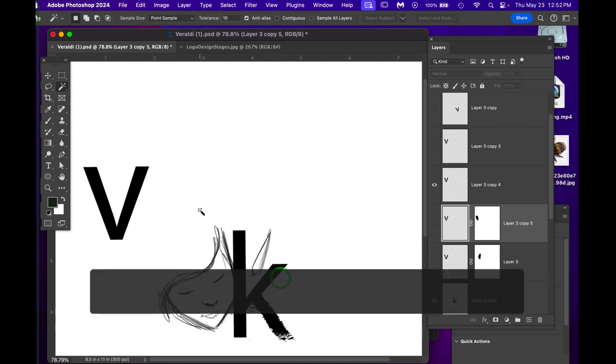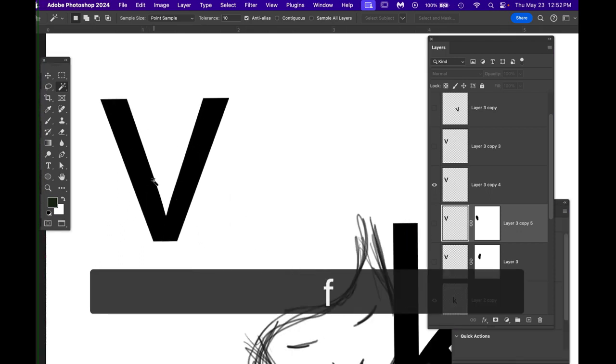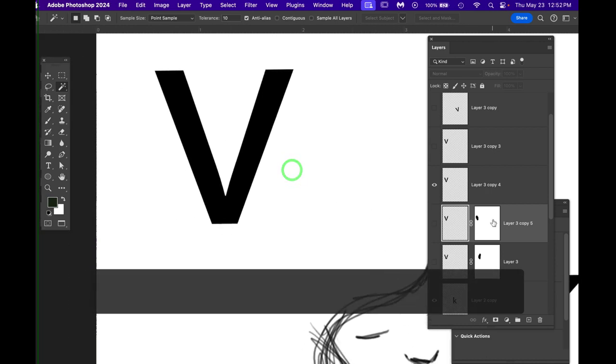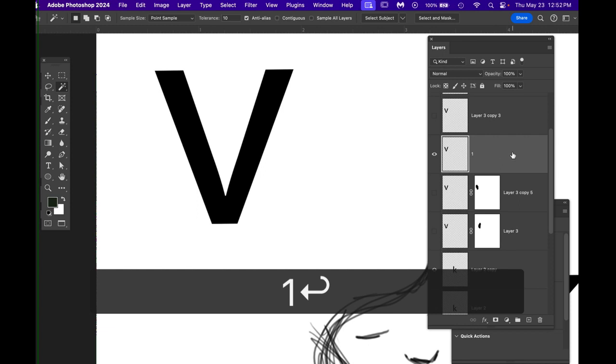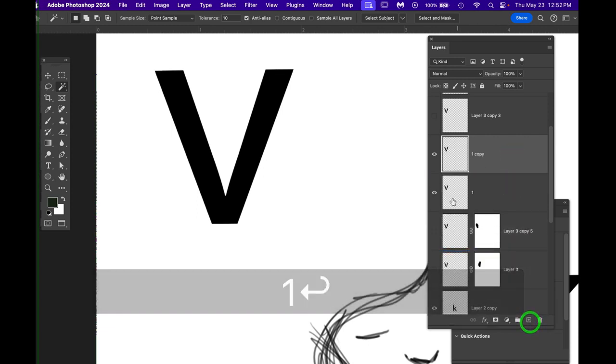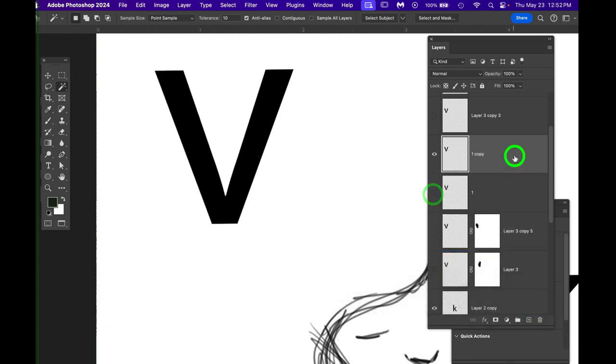So I have this letter. Let me hit the F key to expand this to full screen. Never mess with an original. So I'm just going to call this number 1 so I know which one it is. And I'm going to duplicate it so I have one copy. Okay, so on this, what you need to do is to